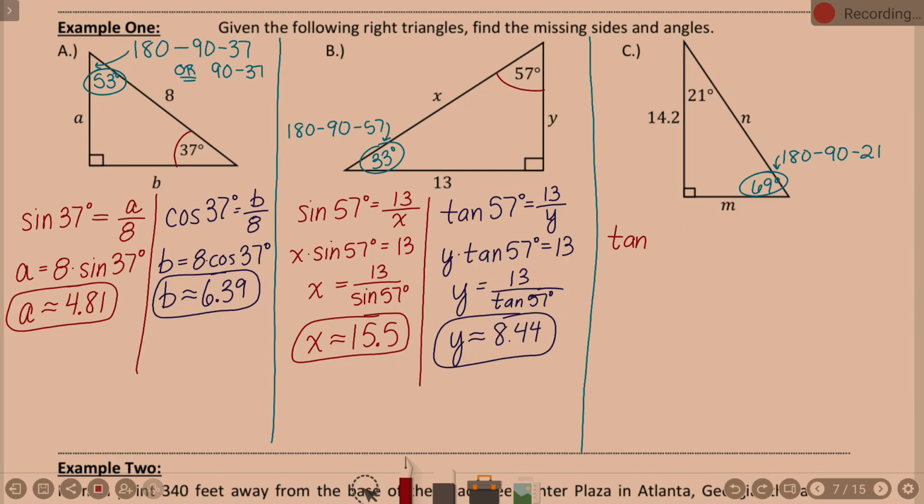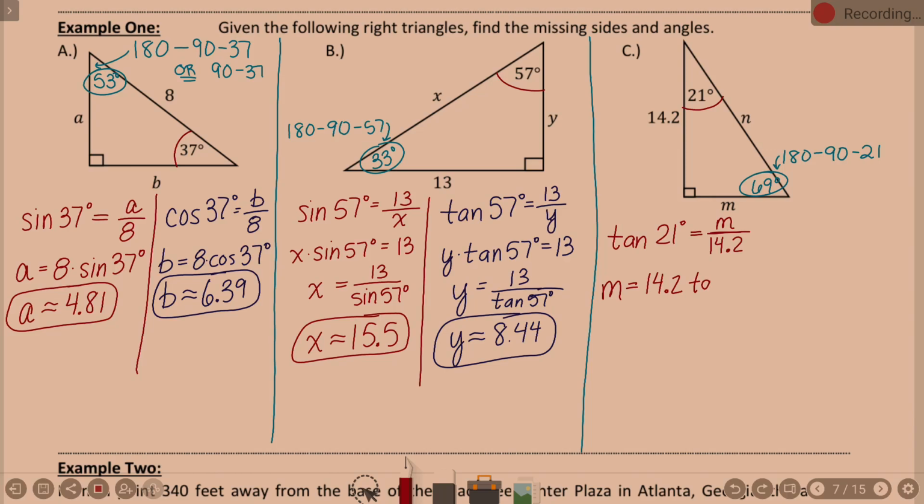And mainly because it was just easier than having to do multiplying. Okay. So if we go with the 21 they gave us, yes? Is that what you did? Yeah. If we go with the 21 they gave us, opposite is M. Adjacent is 14.2. So we're setting up tangent to equal opposite over adjacent. Since it's M divided by 14.2, you're back to just a one-step problem because in order to find M, we're going to